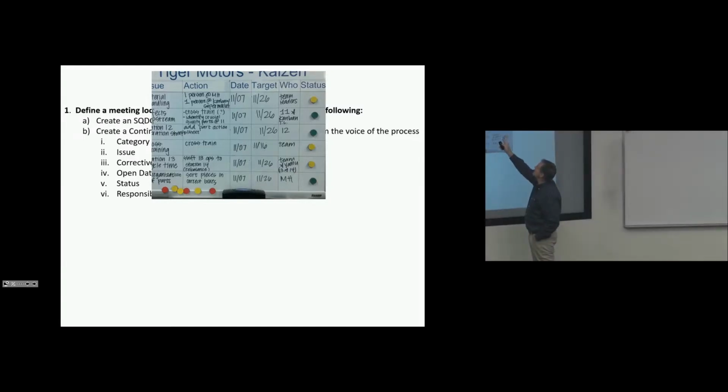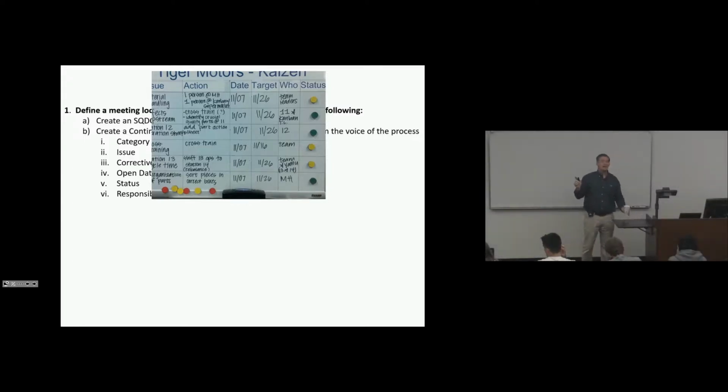And right now, you see, we kind of didn't really do this properly, right? Team. So I'm going to say, hey, team. And people are going to look around, the ball's going to hit the ground. So you need someone, hey, Joe. Hey, Mary, how are we doing on this one? What do you need? You're speaking for the team. But we have a face, we have a name we can talk to. This is so powerful. I can't stress this enough.